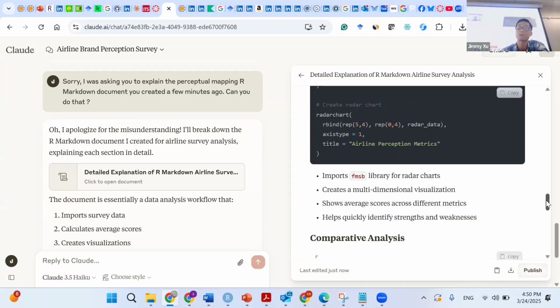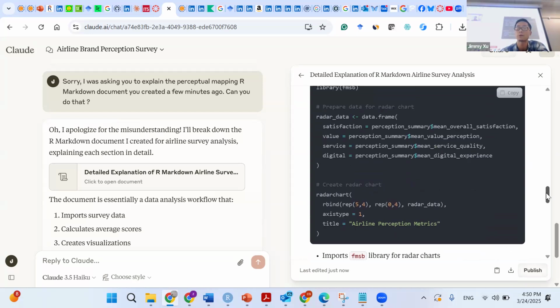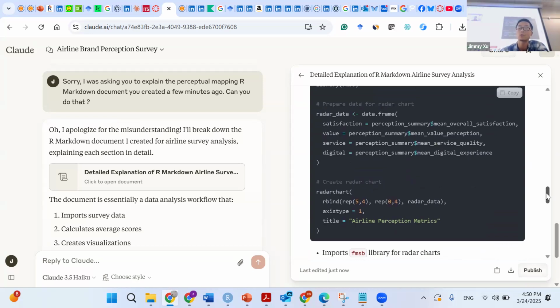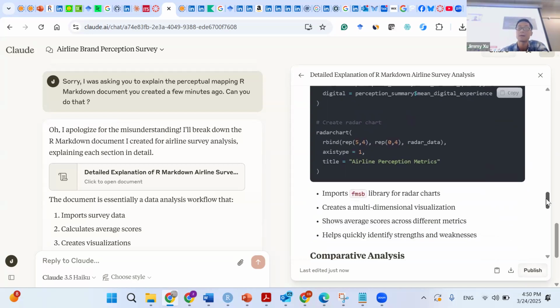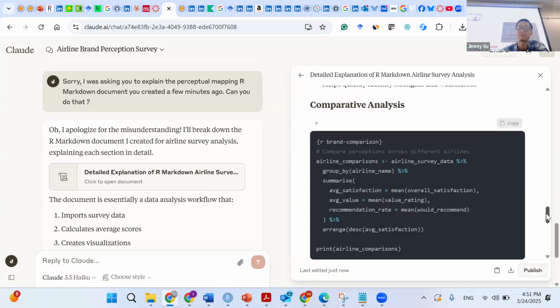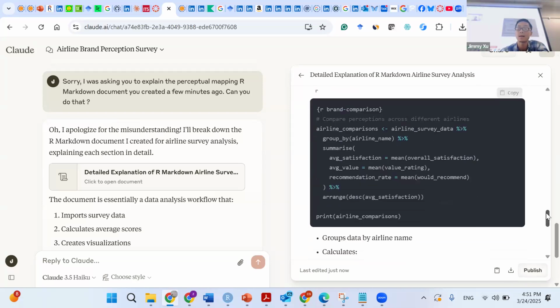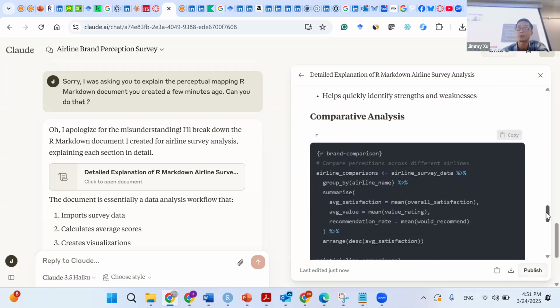And then, let's see what the next following section really means, because it seems that he was trying to generate a radar chart, which is probably a little bit more complex. I didn't do that in my analysis. I'm going to actually implement, try to do some experiment before this Wednesday, okay? And then finally, he did a comparative analysis, probably graph, right?